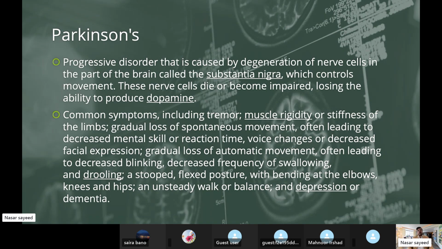Don't do that. Common symptoms including tremor, muscle rigidity, stiffness, slowness of the movements, slower mental capabilities, slow reaction times,